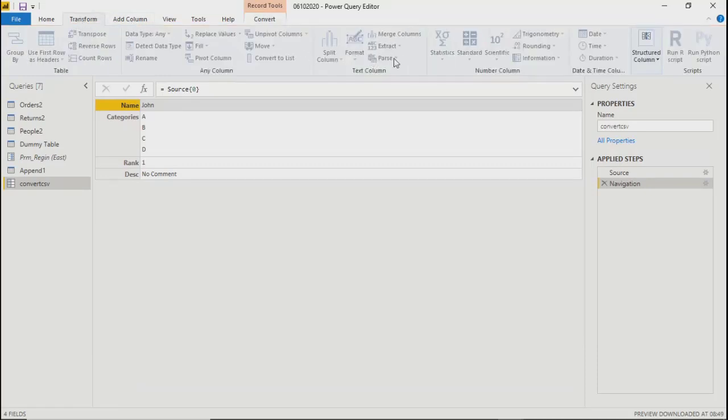Okay, I'm just trying to show whether from this current JSON, if we can get the structured column. Let's say no. Right now, nothing can be done.